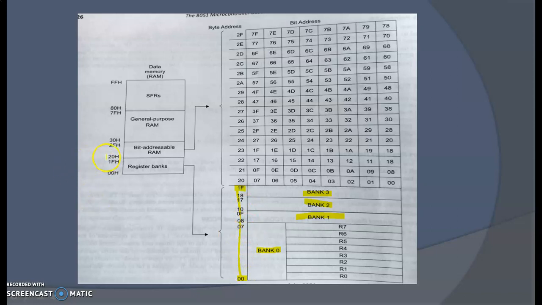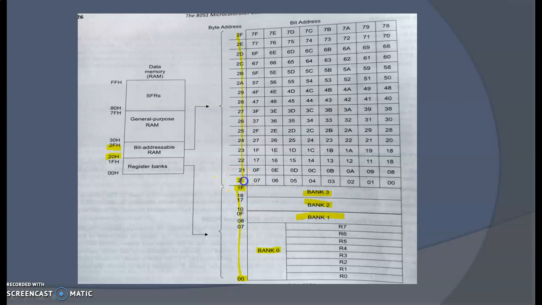After the register banks, the next memory locations from 20 to 2F. These are the memory locations which are bit addressable. You can see here, these are the memory locations from 20 to 2F. What do you mean by bit addressable RAM or bit addressable memory location?